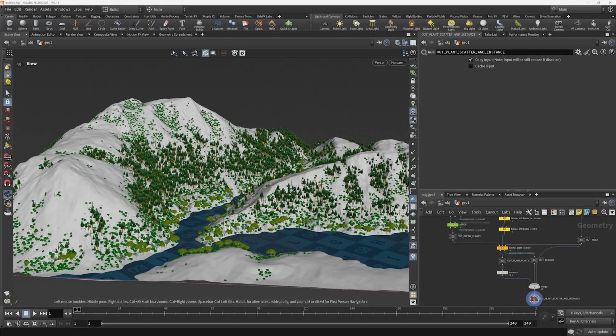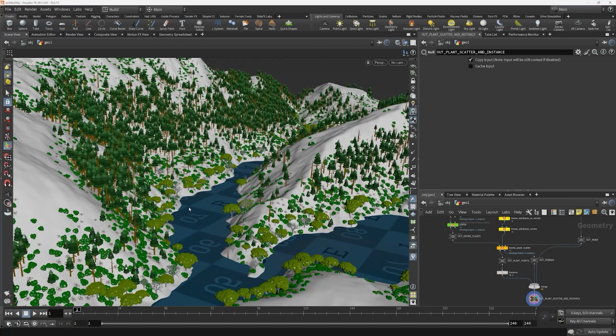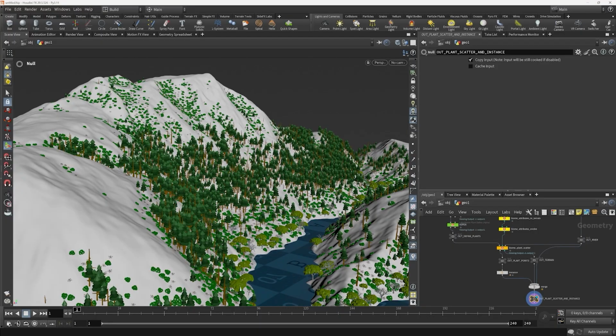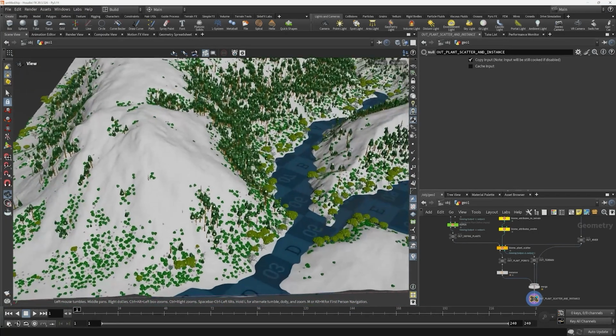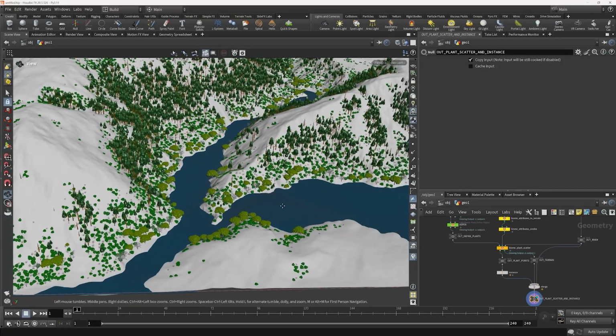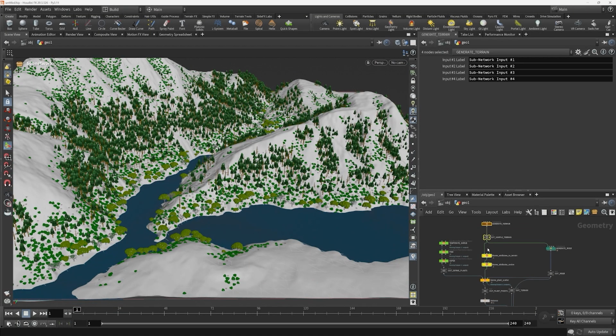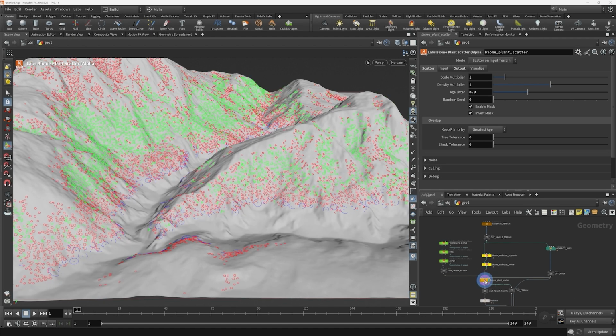The aspen trees prefer the warmer valleys, while the pine trees prefer the cooler mid to high range elevation areas, and the hardy shrubs are scattered throughout. There's also lake geometry that is masked from the plant scatter. At a high level, we are adding environment attributes to our terrain here, setting a plant's preferences for those same attributes here, and then matching plants with their preferred environment in the